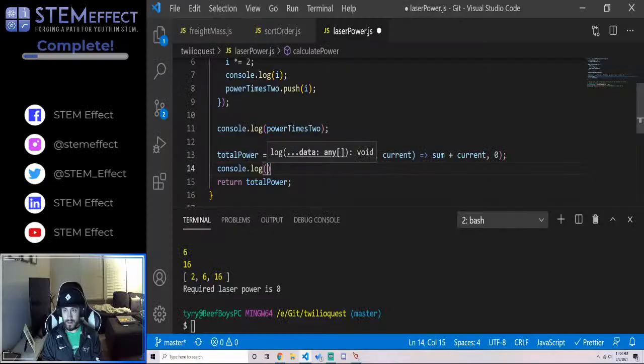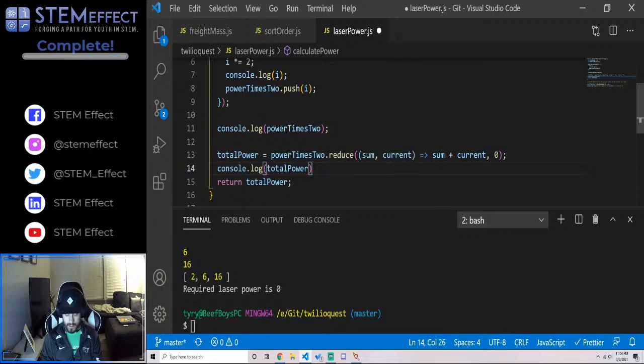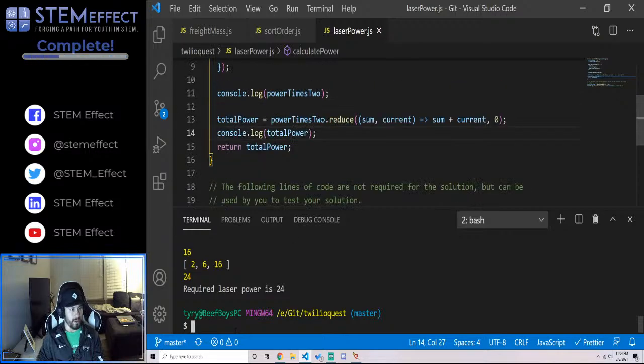And we'll do, there we go. We're back. Looks like we got disconnected. I think we're good to go now. Console log totalPower. See what happens. 24. Required laser power is 24. We got it. Should be 24. So let's clean this